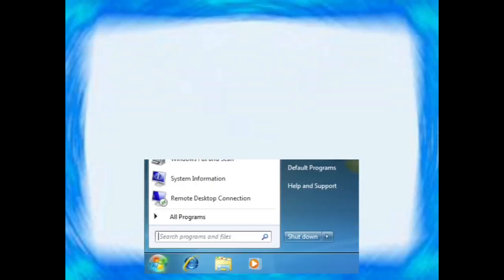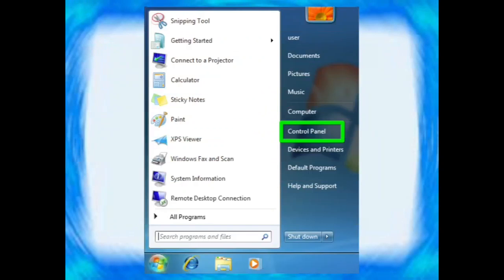See the image. This is the image of your desktop while you click the start button. When I click the start button at the bottom, did you see one arrow mark and the start button? First you have to click this start button. When you click the start button, this image will open.